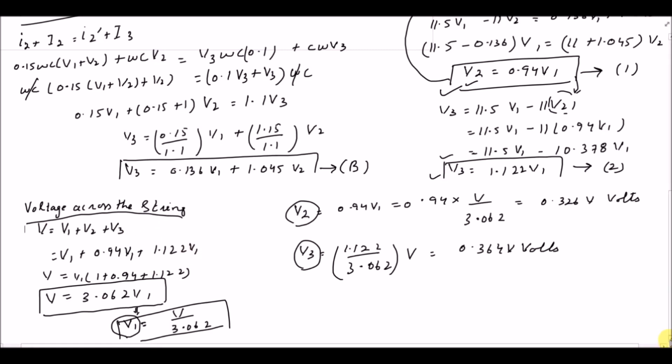So for the voltage across each unit, expressed as a percentage of voltage V, which is line to neutral voltage,